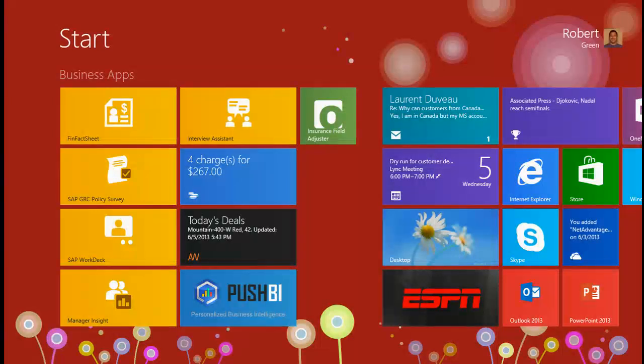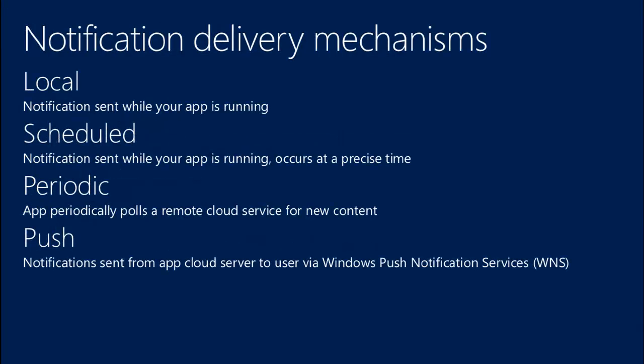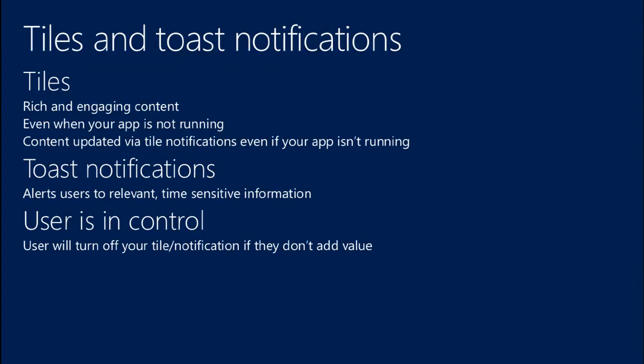And the general recommendation is to have rich and engaging content even when your app's not running. And then you can update the content using tile notifications even if your app isn't running. So we have this concept of live tiles, and you've seen these. The mail app scrolls through your mail, and the calendar app shows you your upcoming appointment, and the people app